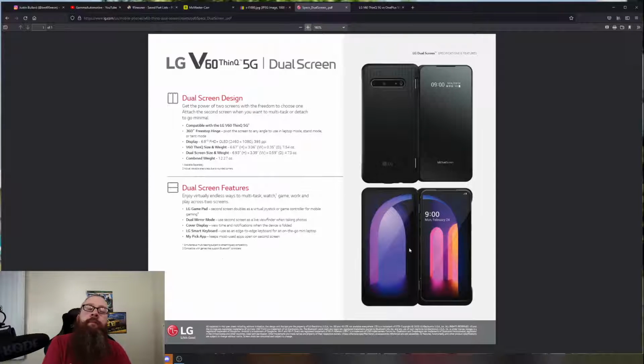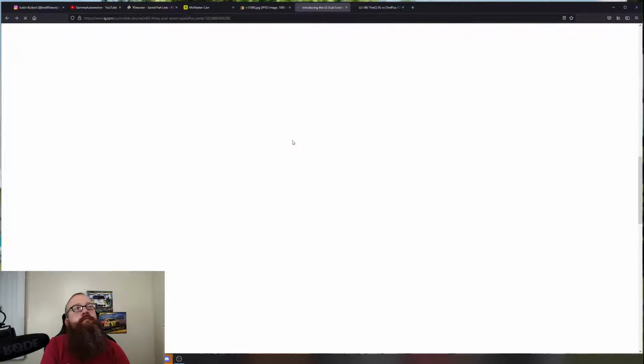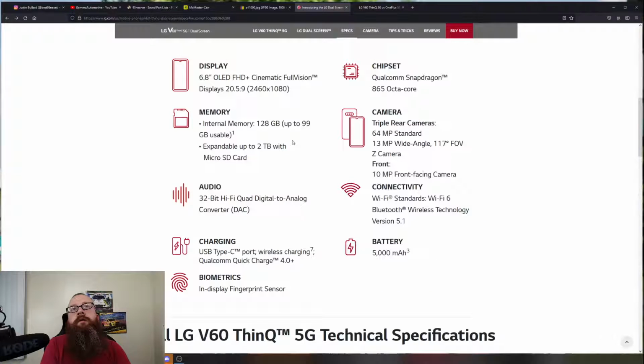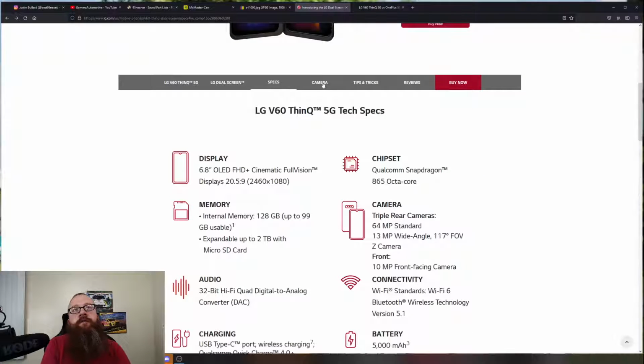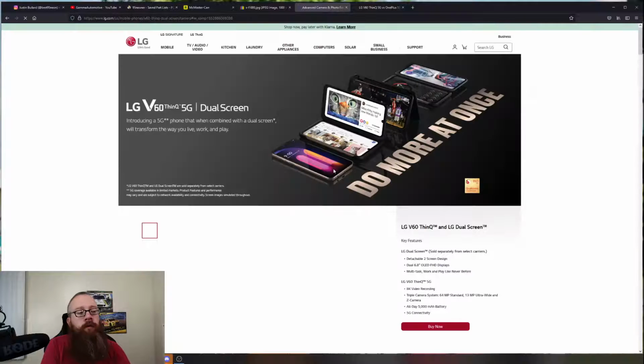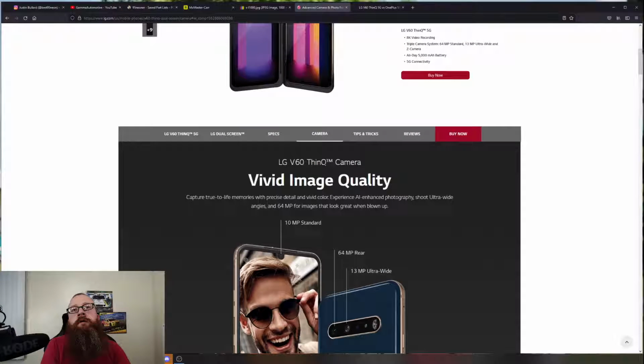Interesting. Okay, so that's starting to make a little more sense. So the dual screen connects to your phone via Bluetooth, is what it sounds like. So, all right, we've got that. Let's go back, and let's see what else we have here. Camera. I guess we're going to go into some detail about the camera here. Sorry, we're probably dragging on quite a bit with this phone, but I want to hit all this stuff here. We're probably going to hit some of this multiple times, but